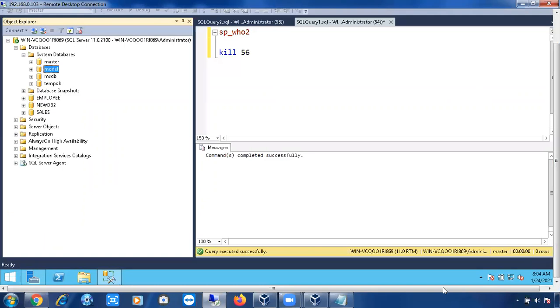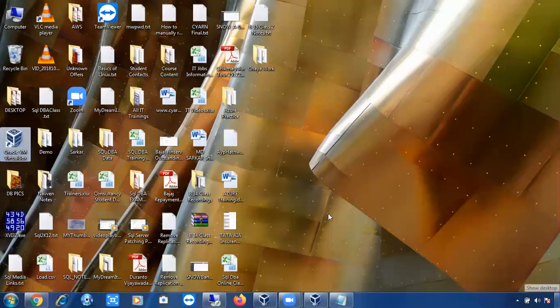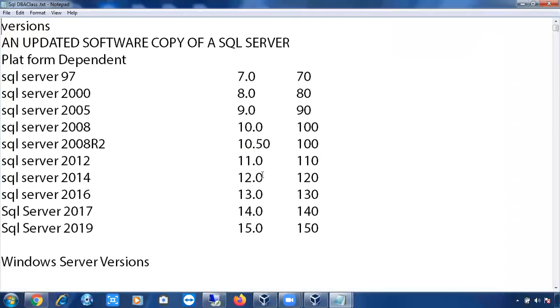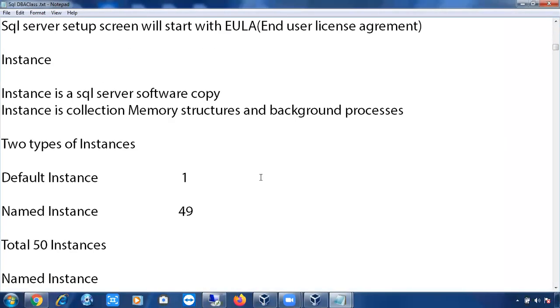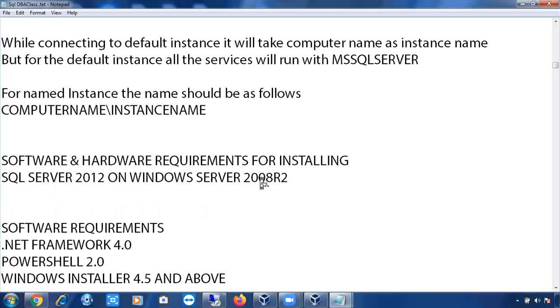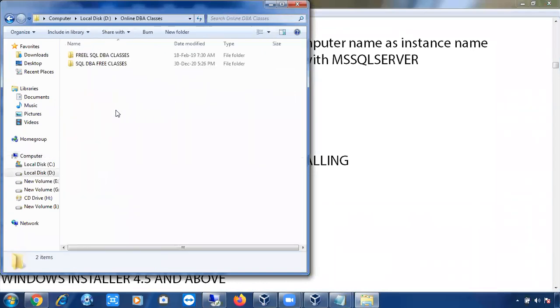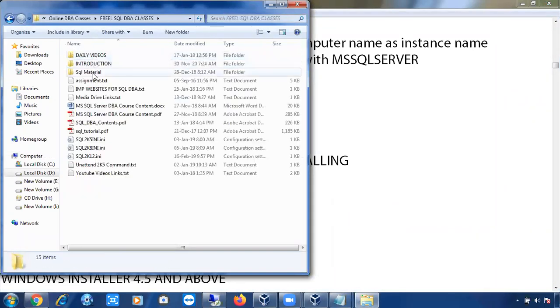Okay, fine. So we are going to discuss the internals of SQL Server. Yesterday we discussed the data files, the databases and all, right? So we'll go a little bit deeper now. Let me open this diagram. Today we are going to discuss a very important topic.